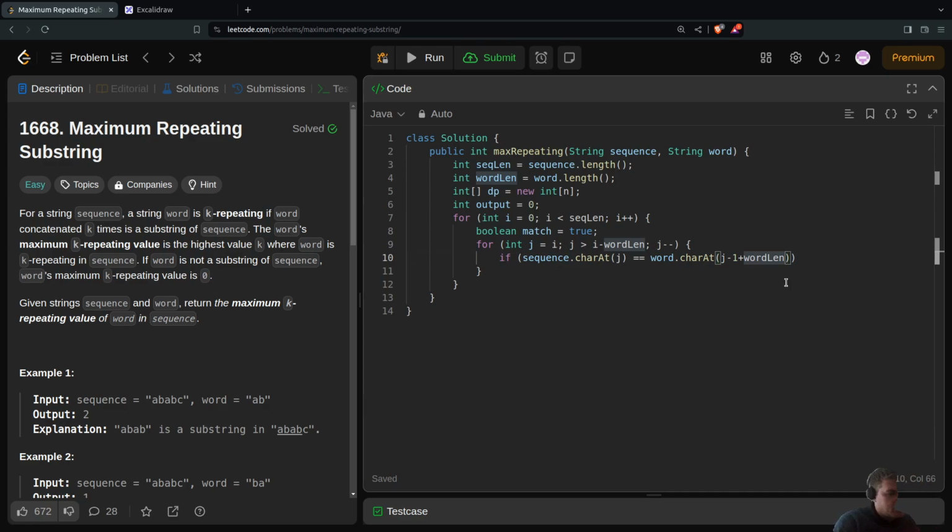It might be easier to start with the word len. So let me change it. For j equals word len minus 1, j greater or equal 0, j minus minus, and then word at j,